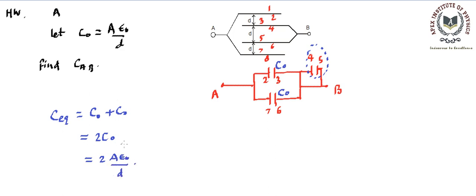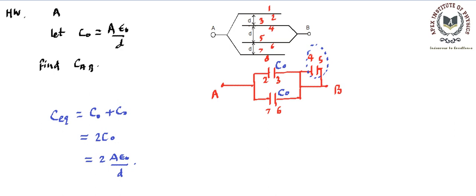So that becomes our answer of equivalent capacitance. If you have done it this way, that's perfect. If you have any problem, then you need to understand the way I did. Here you might see originally that there is one capacitor, another capacitor, another capacitor. But effectively there are two capacitors and they are in parallel.